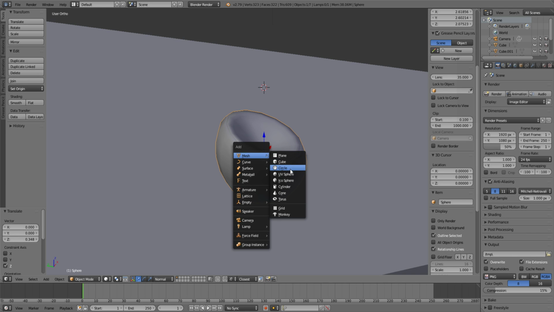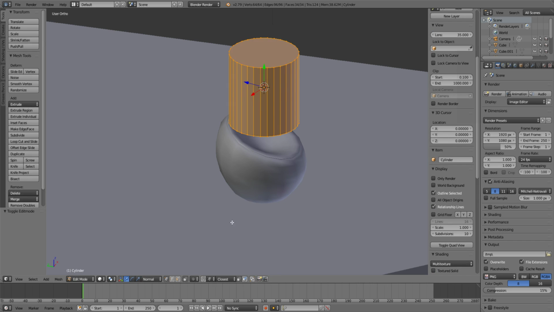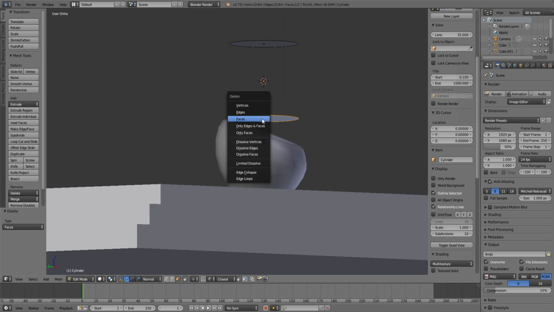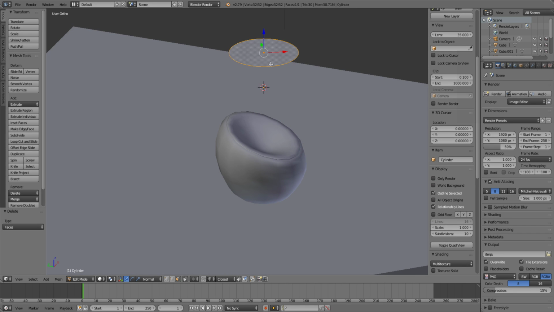Well, I could make a circle and fill it, but I just add cylinder, and then what I'm gonna do is delete all those faces and those faces, and then I have circle again, hit Alt P,